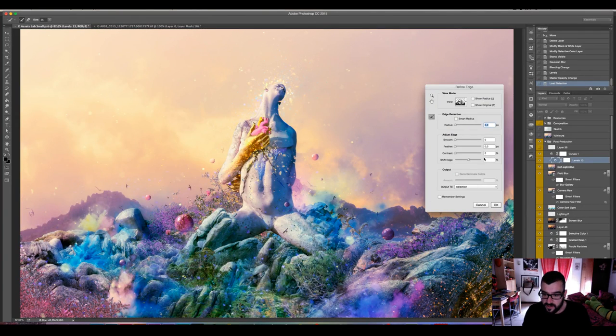Well, it won't allow me now, but you have here the decontaminate colors, the amount, and the way you're going to put this. It doesn't always work smoothly or perfectly, but it will help you out a lot to avoid weird halos while masking hair. Use this a lot. Also, you can use this brush tool, and while you paint, it will recreate the selection inside the area you have painted. I hope this helps.